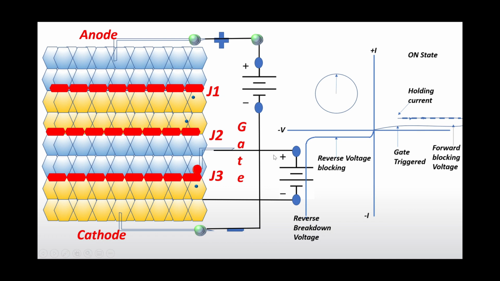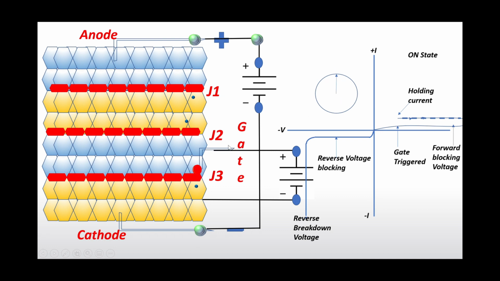So in this case, now we are giving supply to the gate as well. The gate also has a DC source connected, and the thyristor is also connected to a DC source. Looking at the VI characteristic so far, at a certain range it can block the forward voltage, and at a certain range it can block the reverse voltage. On both sides, if you give a very high voltage, it may conduct and damage the thyristor.